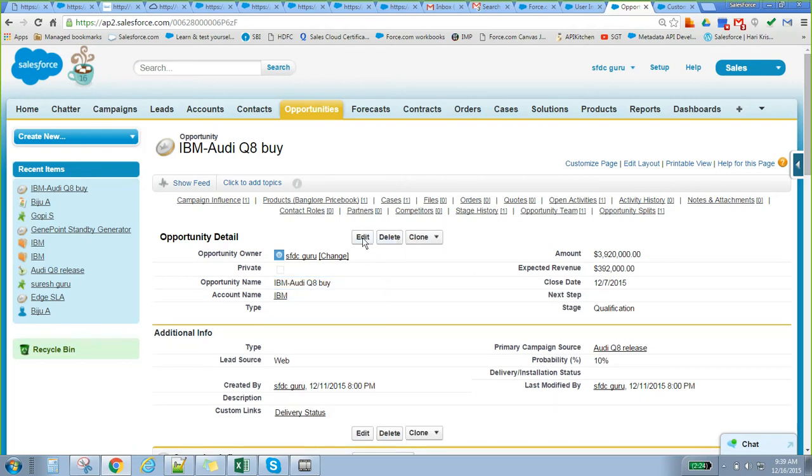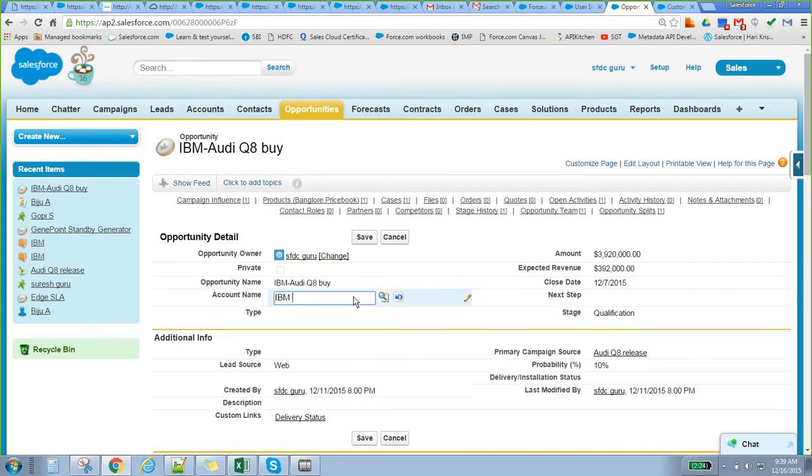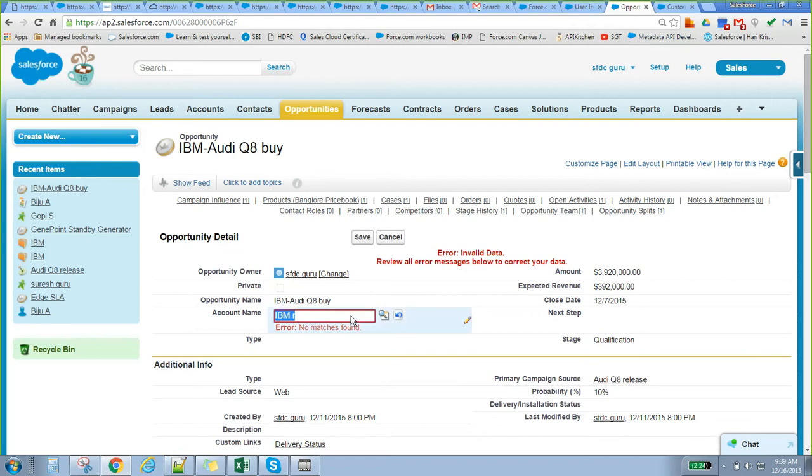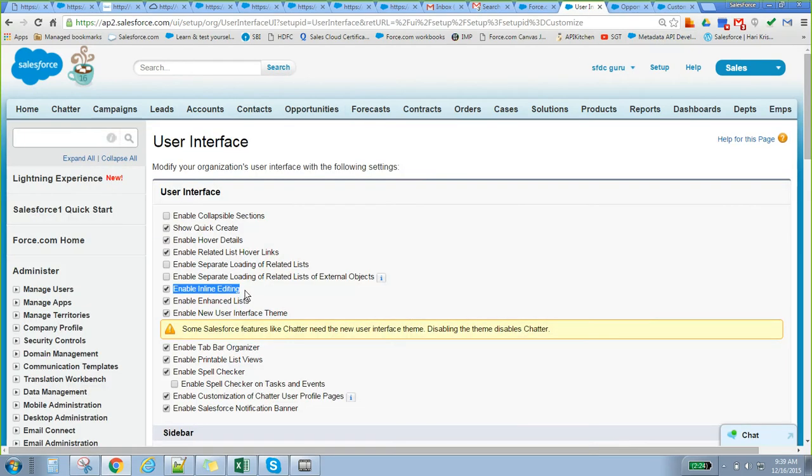Instead of clicking the edit button here, we can directly double click and edit, and then save the record. That is enable inline editing.